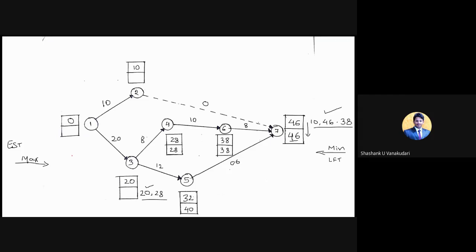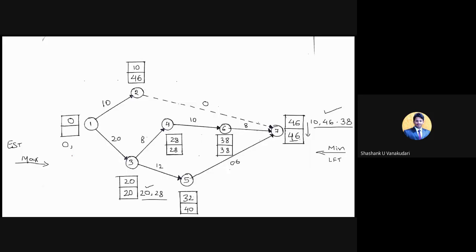Now moving on to the next, we need to select the minimum one, that is 20. So this 20 minus 20 becomes 0, and here moving to the top, 46 minus 0 becomes 46 only. Clear? Now 46 minus 10, how much is it? 36. So between 0 and 36, 0 is the minimum one, so I am going to consider this 0 as the final box. So you have filled all the boxes.